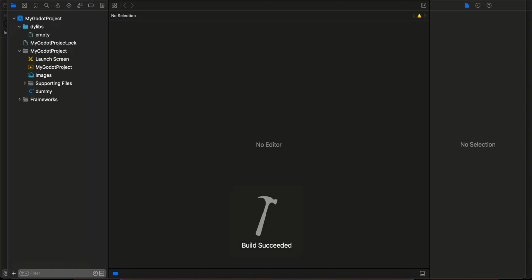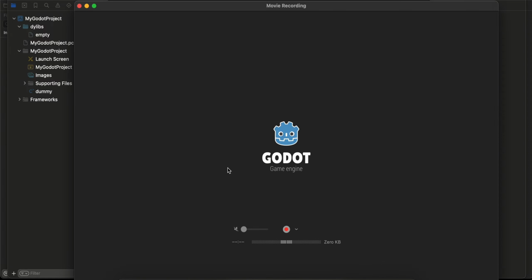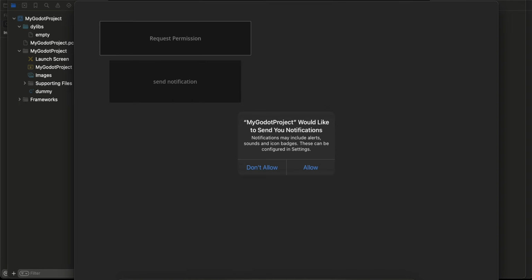Again, I have uninstalled my app completely because I want to request the permission again. So as you can see, this is our app. If I click on request permission, okay, now it is not getting updated. If I click on allow,